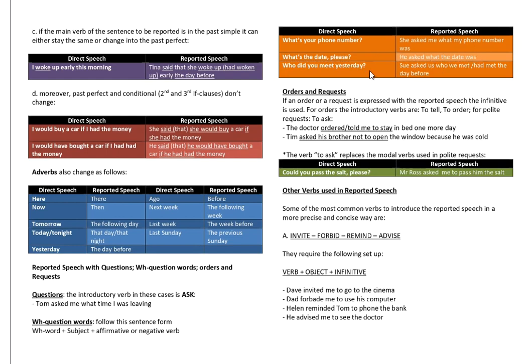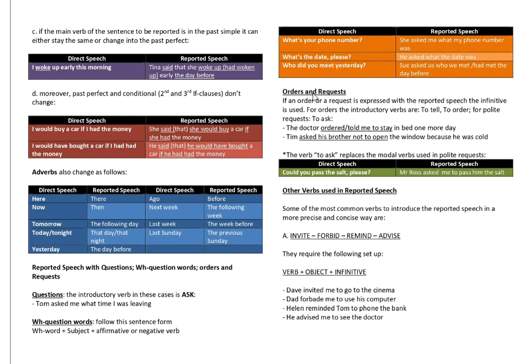Who did you meet yesterday? Sue asked us who we met or had met the day before. As you can see, because the introductory verb is in the past simple, as we have seen before, the other verb changes as well in the same way. In all three cases, you have